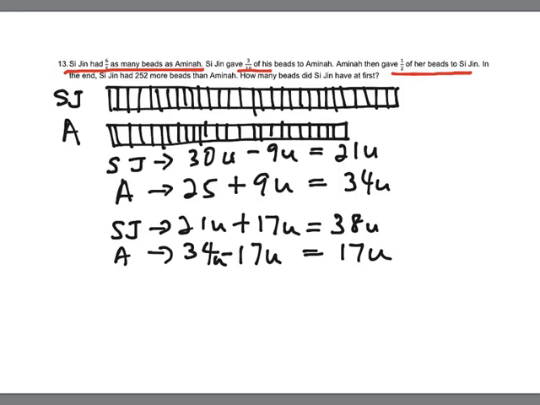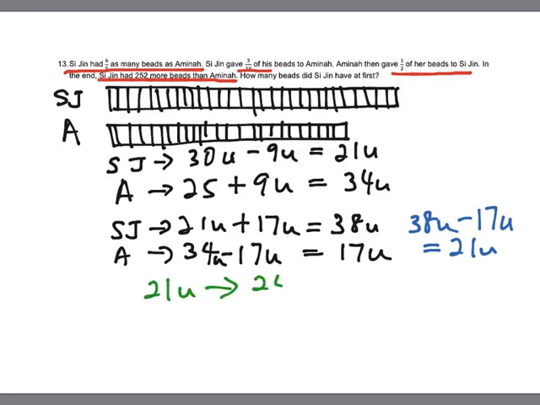Finally, Sujin had 252 more beads than Amina. More than, so there's a comparison. So between Sujin and Amina, what's the difference in number of units? Okay, let's do it on the side. 38 units minus 17 units. I actually get 21 units. That means to say 21 units is the difference, which is the 252 more beads